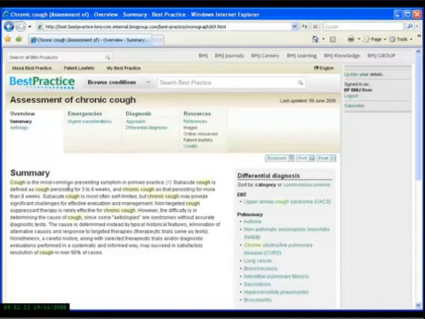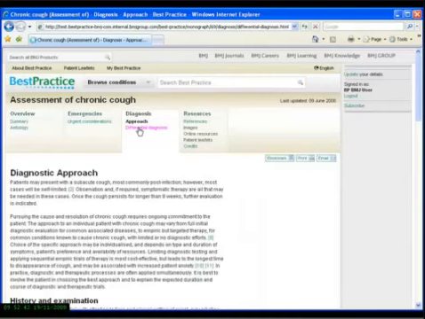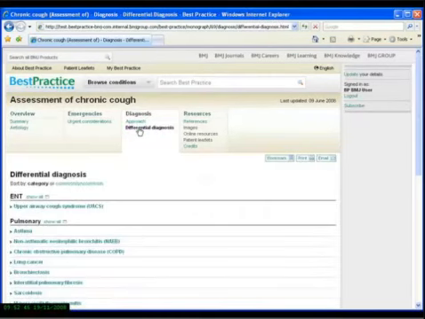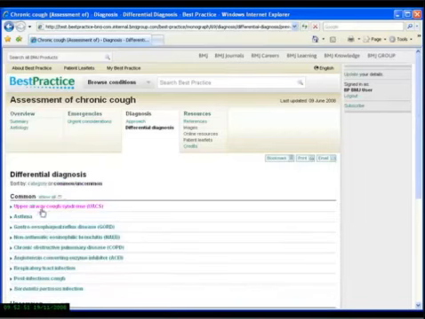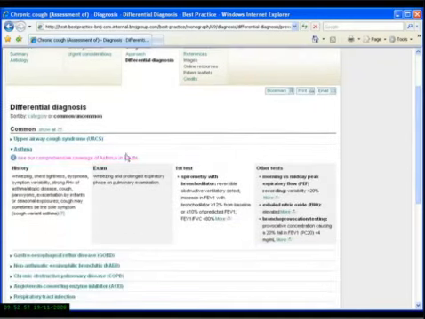As you can see, on the landing page is a summary and a list of differential diagnoses which can be sorted either by category or by frequency. These type of articles also provide important information about urgent considerations for patients with this symptom and detailed information about exactly how to make the diagnosis. The differential diagnoses listings again can be filtered by category or frequency and contain key features of how to make a diagnosis or how to exclude a diagnosis given certain history, examination